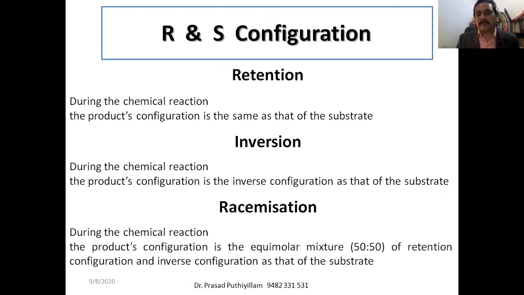Racemization: if not only one product but two products of the same molecule are formed, as isomers. Two products like this will not show different chemical properties, but they are isomers of each other, differing in their property towards plane polarized light. They will have S and R, both as an equimolar mixture, a 50 to 50 ratio. When equimolar mixtures are formed in the product, we call it racemization.